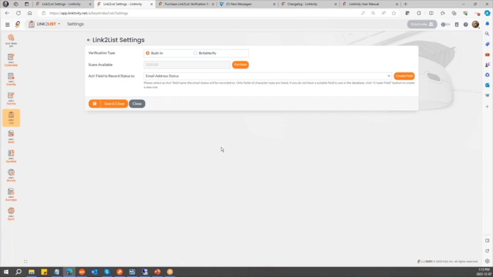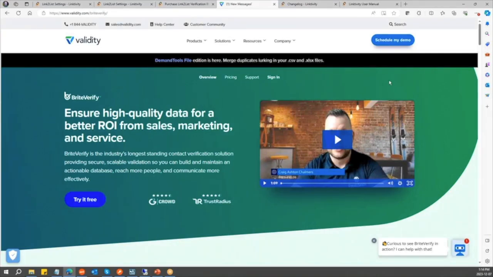So the two ways of working with this program: the built-in verification, which literally doesn't require you to do anything other than purchase contact scan blocks. And then the second is Bright Verify. Because it's a third-party tool, then what you've got to do is go to Bright Verify. And I've got here, okay. You've got to then log in,